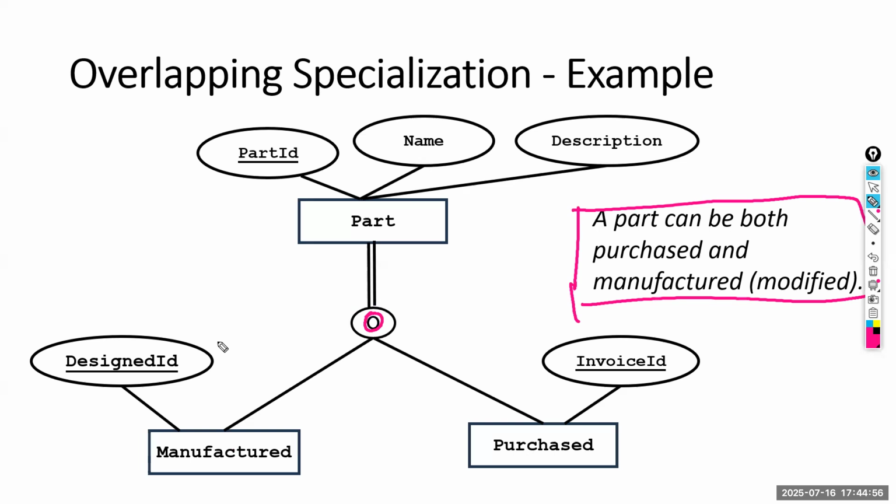Okay. Right. Don't think about this double line. Double line comes from the other concept. Okay. Other concepts. I will give you an example. You need to decide whether this is disjoint or overlapping. Okay. So say we have